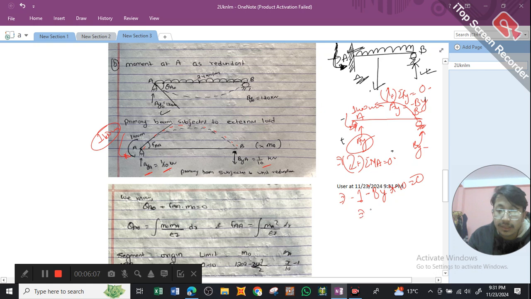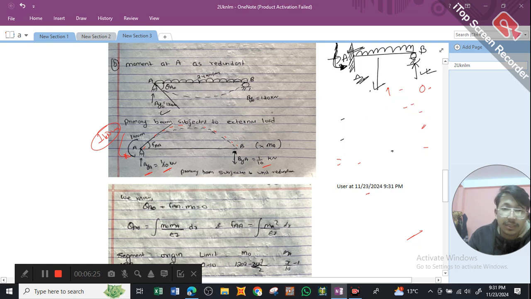So I get this value as BY equals minus 1 by 10 kilonewton, and from here AY plus BY equals 0, so AY is 1 by 10 kilonewton. So I get this direction. We initially assumed the direction of BY to be upward, so the actual direction of BY is downward. So as you can see, BY is 1 by 10 and AY is 1 by 10. So AY means